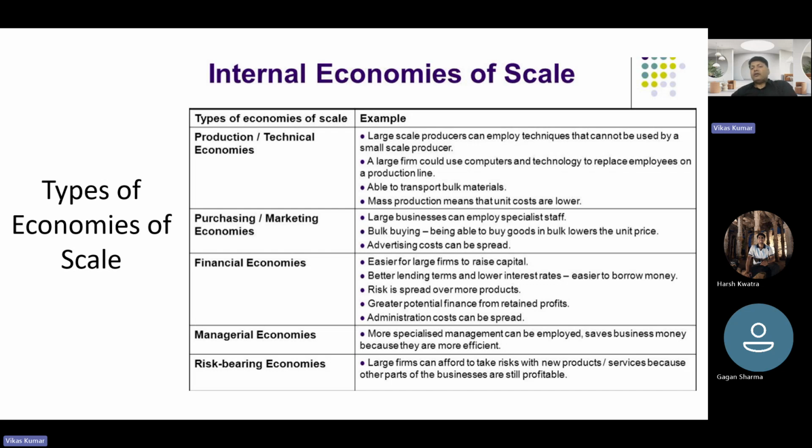So they were not able to employ techniques which these already well established companies like Samsung or Xiaomi were able to achieve. So that leads to the economy of scale with respect to Samsung or Xiaomi or OnePlus or Vivo or Oppo mobile phone. And because of the techniques, because of the large scale production capability, Samsung is number one all